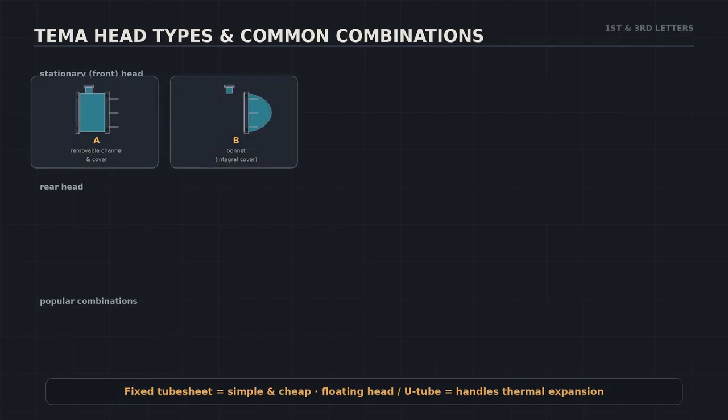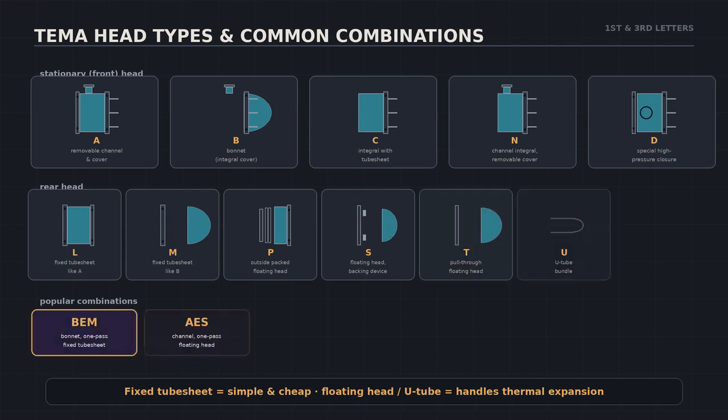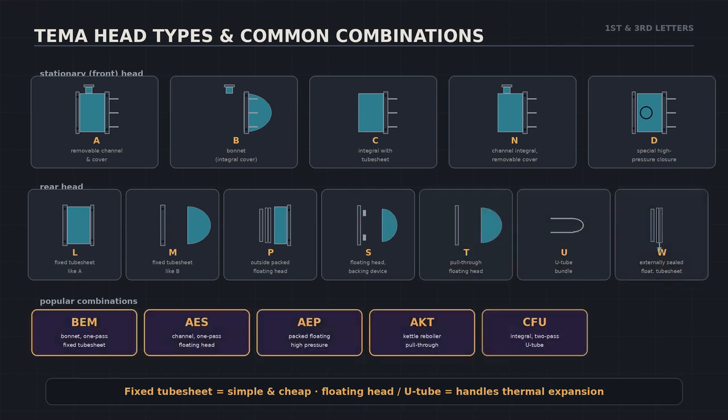The first letter is the stationary head: A, a channel with removable cover; B, a bonnet; C, channel integral with the tube sheet; N, integral with removable cover; and D, special high-pressure closures. The third letter is the rear head: L, M, and N are fixed tube sheet designs, simple and cheap; P, outside packed floating head; S, floating head with a backing device; T, pull-through floating head; U, the U-tube bundle; and